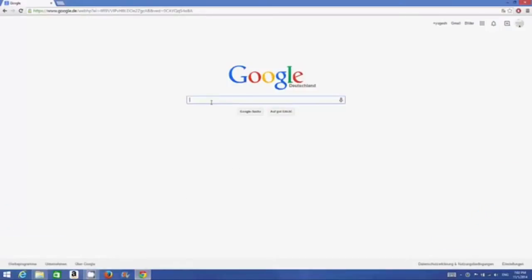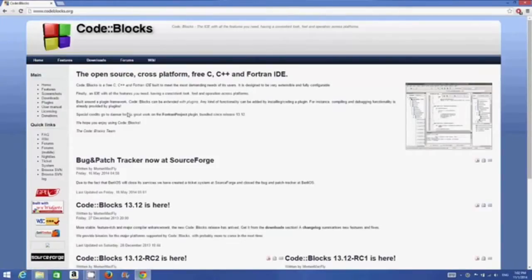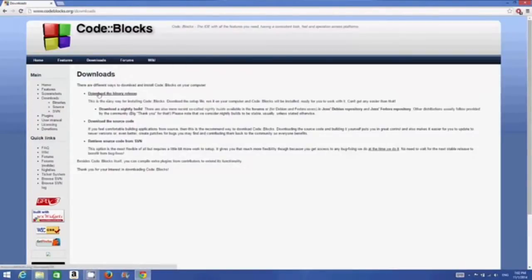Just open your favorite browser and search for Code::Blocks, and the first link you will find here is www.codeblocks.org. Click this link, and in here you need to go to the download section in order to download this executable file. So click downloads and click this option called download the binary release. So click the first option,